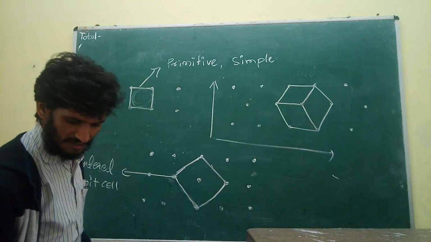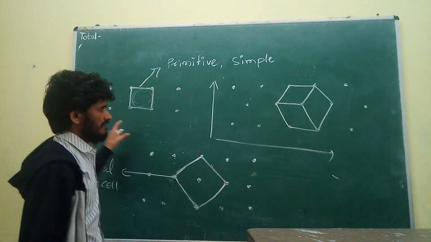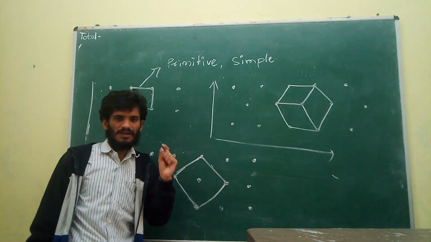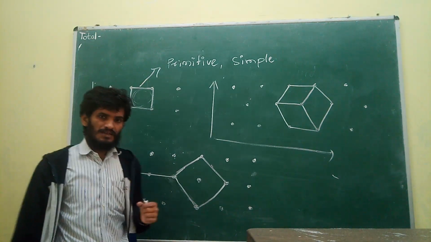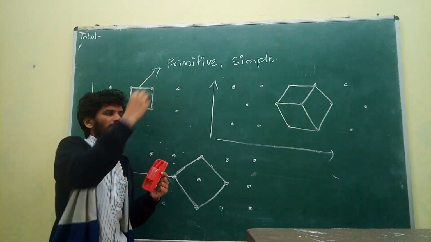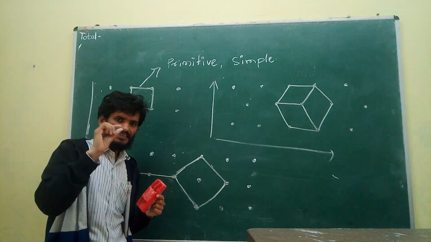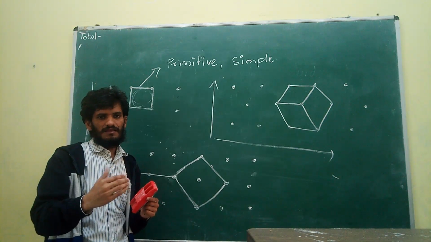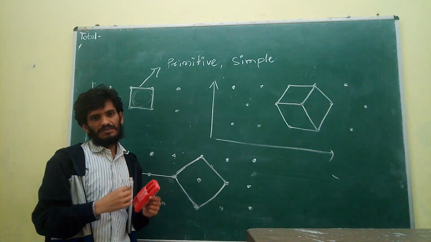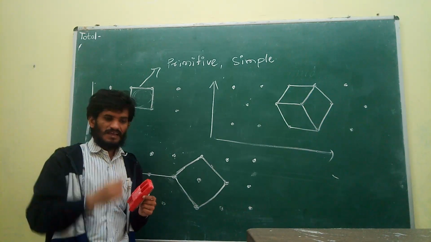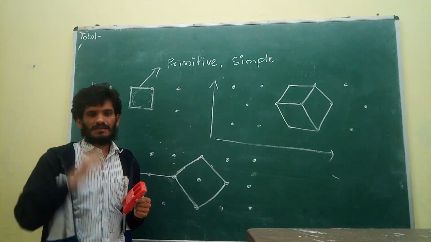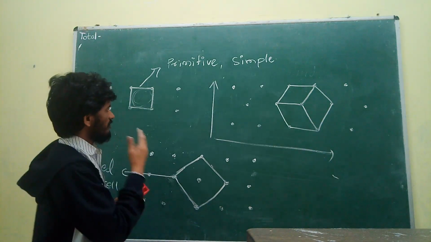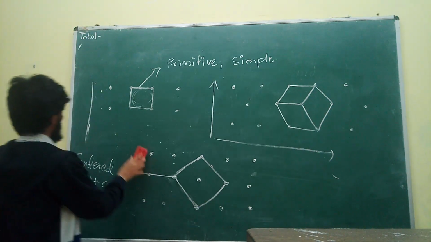So basically, I am going to conclude with 2 points. Unit cells are divided into 2 types. One is the primitive unit cell, another one is the centered unit cell. Primitive unit cell means the lattice points, the particles of the crystal, are present at the corners of the unit cell. Whereas in a centered unit cell, the lattice points are present at the corners of the unit cell as well as in the middle of the unit cell, where a constituent particle of the solid is present. So basically 2 types: one is primitive or simple, another one is centered unit cell.